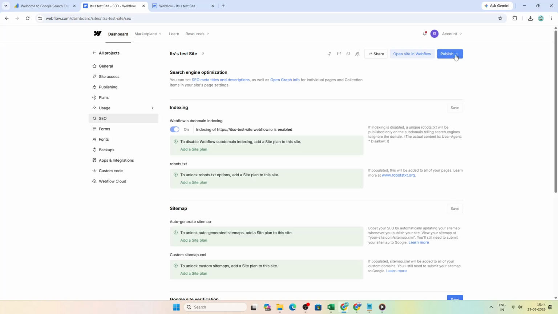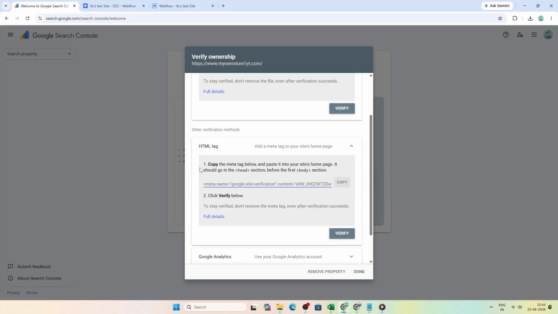Once the site has been published successfully, go back to the Google Search Console tab. From there, click Verify. Google will then check your live website for the verification code you added through Webflow. If everything was entered correctly and the site is published to the correct domain, the verification should go through without